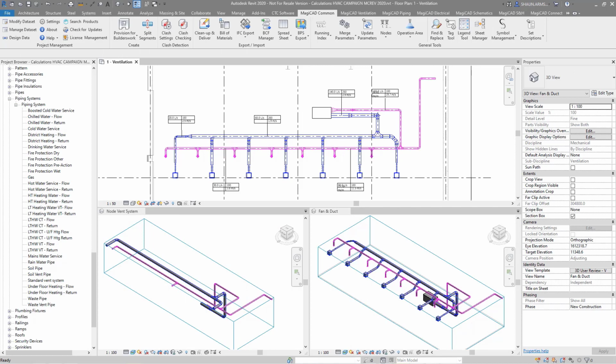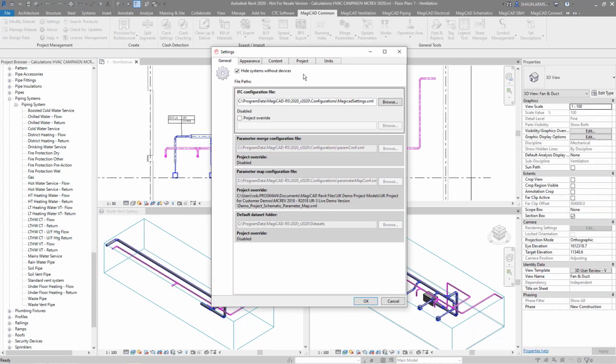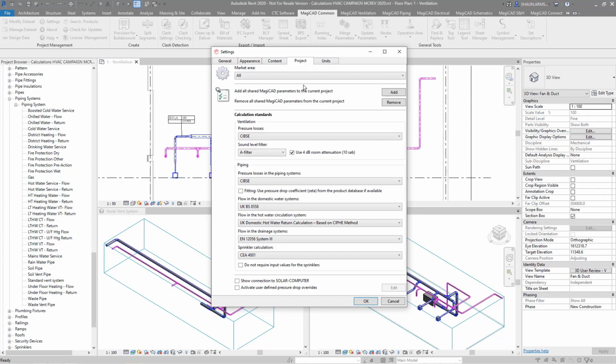So before any calculations are done within MagiCAD, it's important to set your calculation standards. They are held within the MagiCAD Common tab, Settings, and then Project. And what you'll see here is the calculation standards for pressure losses for ventilation, any sound level filters, and then